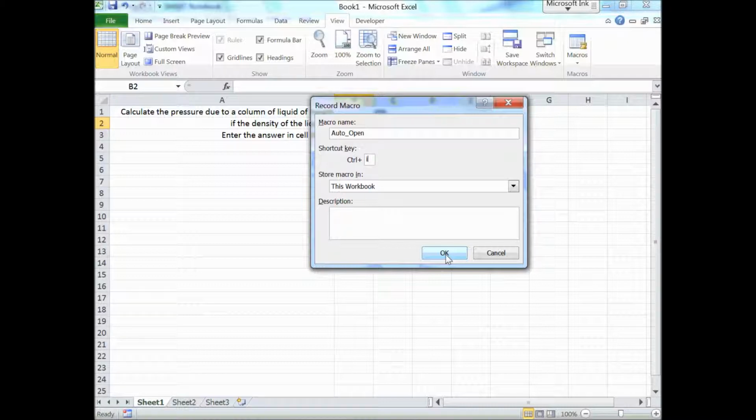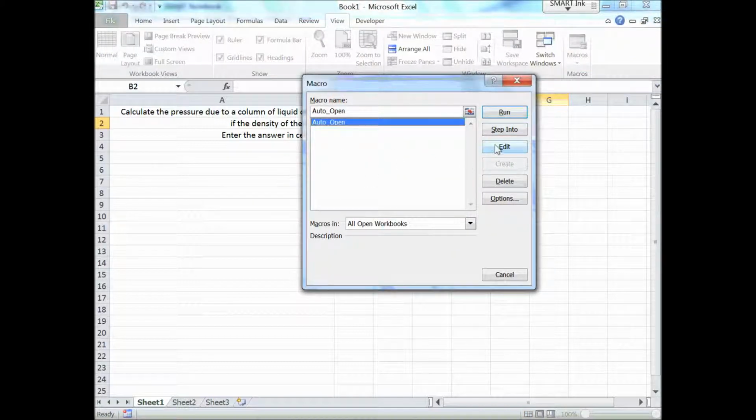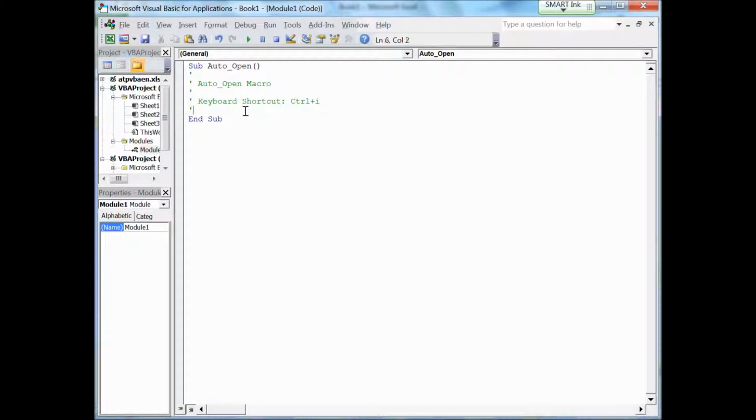So I'm going to click OK, and now I'm going to go stop the macro and then view the macro, and there's auto open right there. I edit it, and this is what I have. It does nothing right now. So what I'm going to do is define density and height, right? So density is 1.36, height is 76.0, and